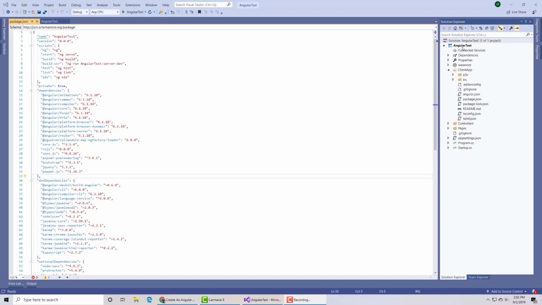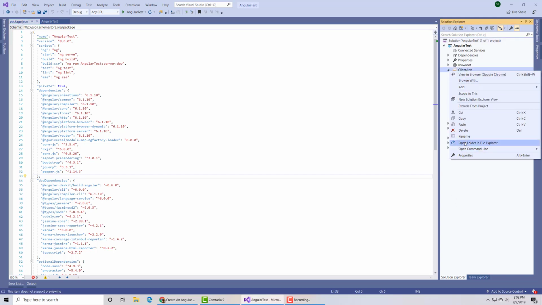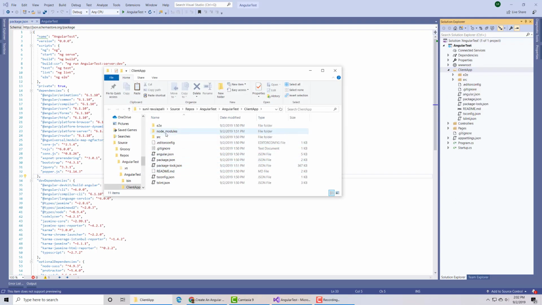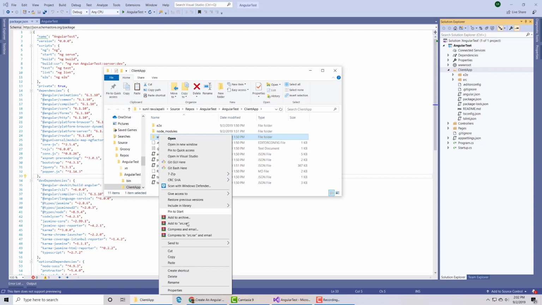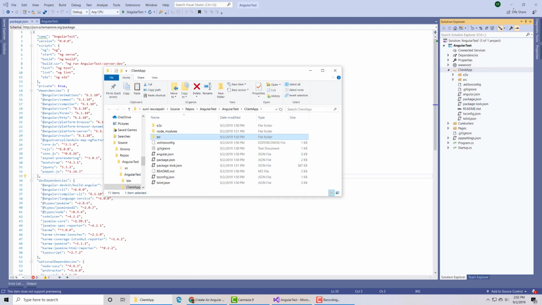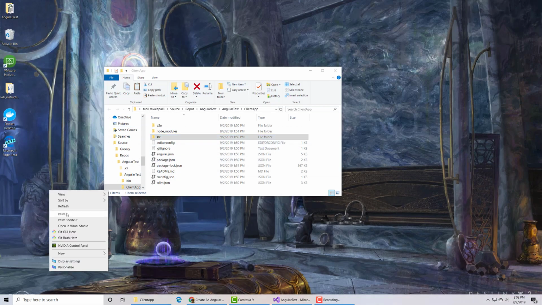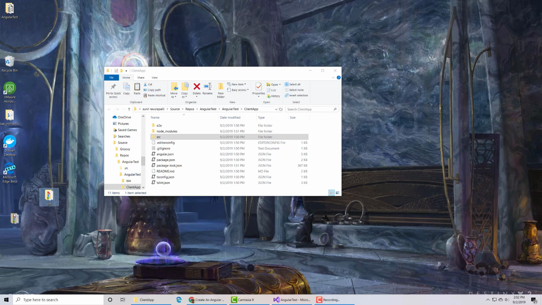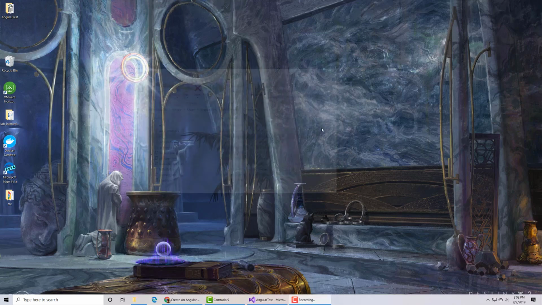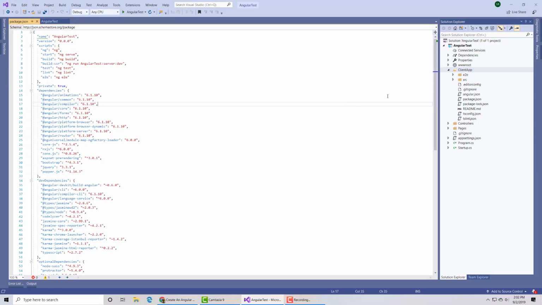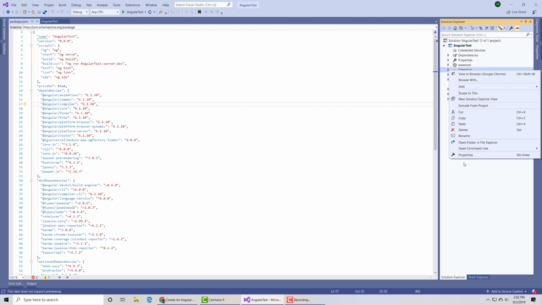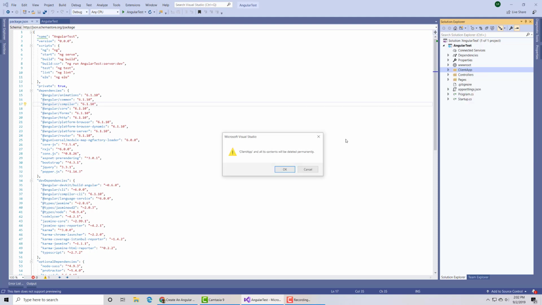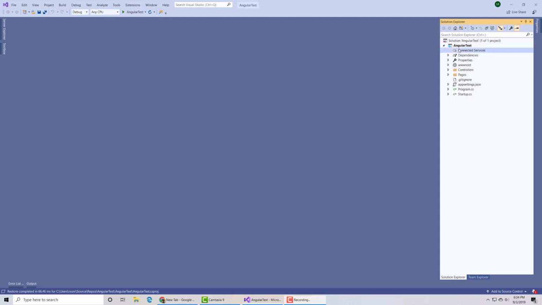Let's go back to our solution. Let's just quickly back up some code. We should be good with just backing up the src. Copy it to our desktop. So once we're in there, let's delete the client app folder. Once the client app is deleted,